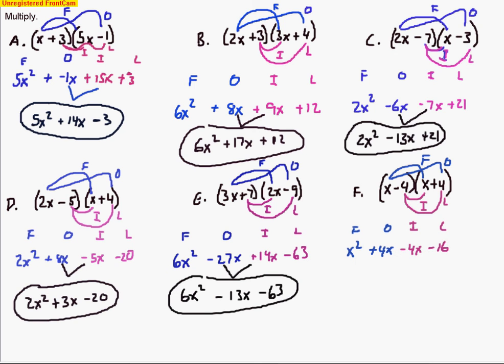Something that we'll see with these problems when we have a sum and a difference is that the outer and inner terms we said would subtract because they're opposite in sign, but they cancel out in this case because they're the same number but opposite in sign. So that makes 0. We don't have to worry about writing that down. So we're just left with an x squared minus 16. We predicted that last term would be a negative because they're opposite in sign. And this we call a difference